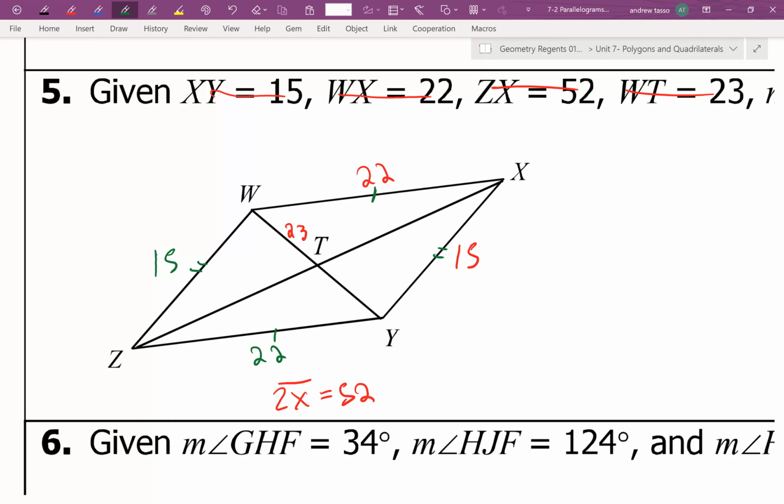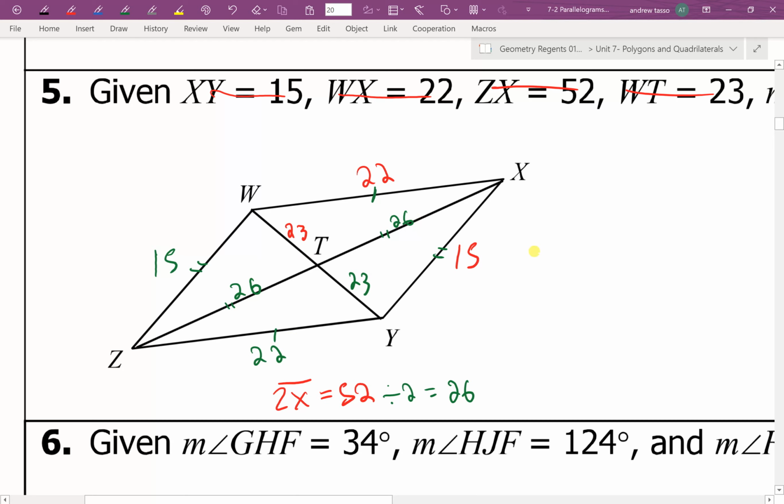Let's see. What else could I determine? If this is 23, then this piece here would also have to be 23 because the diagonals bisect each other, right? And the other thing is, since ZX is 52, if I divide that by 2, that equals 28. Is that right? No, sorry, 26. And so 26 would have to go for each half of that long diagonal, right? Because they're each equal to each other and they have to add up to 52,